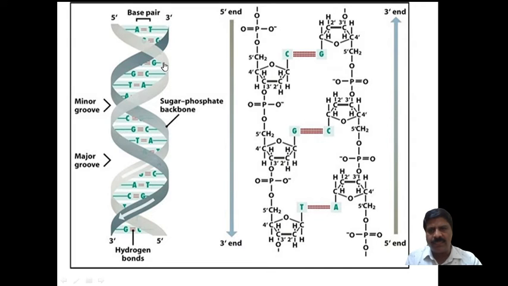Twisting. Therefore, it goes 5 prime to 3 prime. Then another strand we start with also goes 5 prime to 3 prime. It takes place in the opposite direction. Due to this, it is facilitated. Why is there an opposite direction?